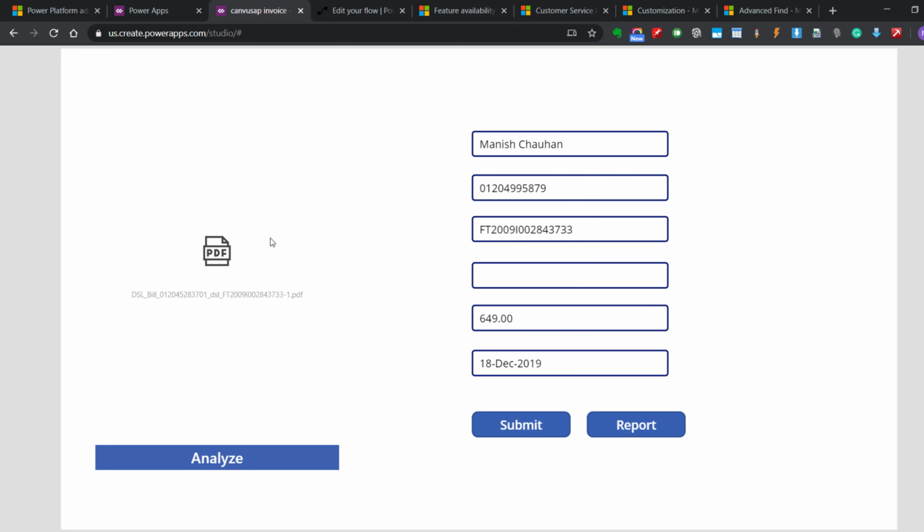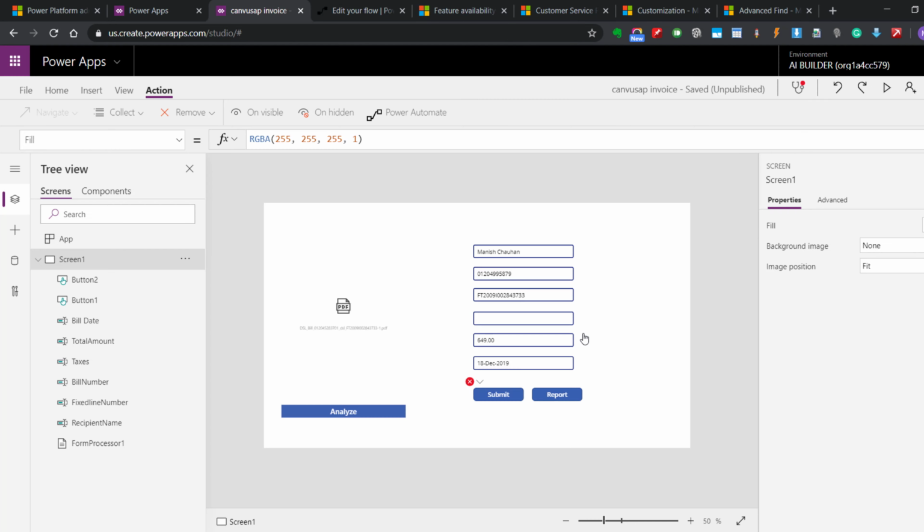So it has done its analysis, and you can see it has brought up field values: money, bill number, fixed line number, all details here. This PDF doesn't have taxes, so it has kept taxes as blank. It has the total value as it is, and we have two buttons. So what we will do, we'll click on Submit, and it should